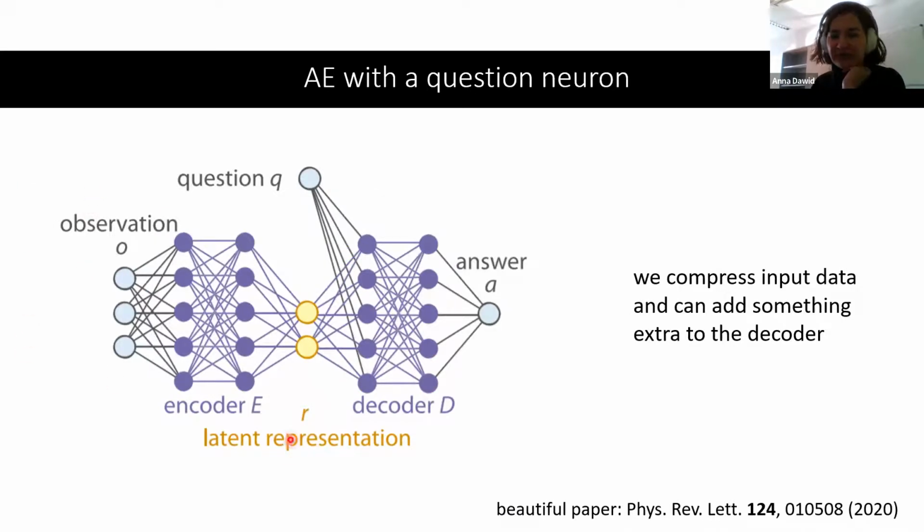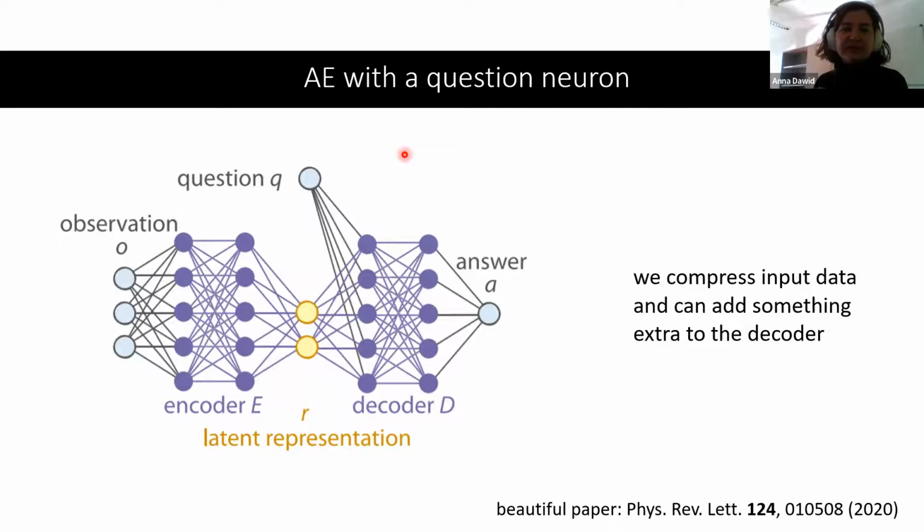So underneath, it's exactly the same autoencoder that we had before. The idea is to first encode your input data in this bottleneck, and then to decode it in such a way that your output and input are identical. But this time, if you add an additional neuron, which is added to the decoder, you can give some additional information to your model. For now, it may not be obvious why it's useful, but when I show you our application, I think it will be much more